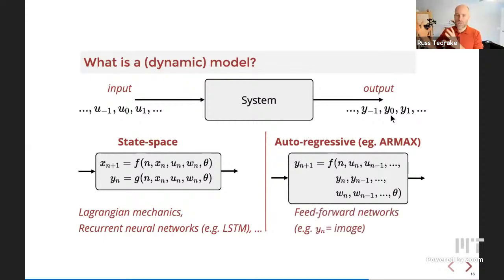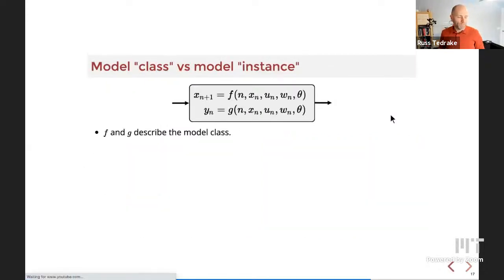And people often do feed-forward networks in these autoregressive kind of models. But I wanted you to understand that whether you're using Lagrangian or recurrent networks or whatever, these are somehow orthogonal to some of the other important questions about data efficiency and the like. And then, if we've got this model of fitting mathematical equations to describe the input-output